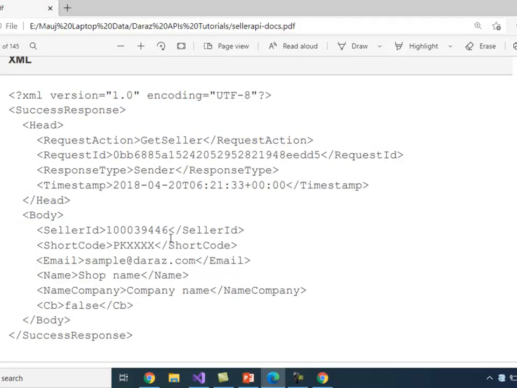When you get the response, it looks like this. You will find the seller ID, short code, your registered email, your shop name, and finally the company name as well, the CB parameters.